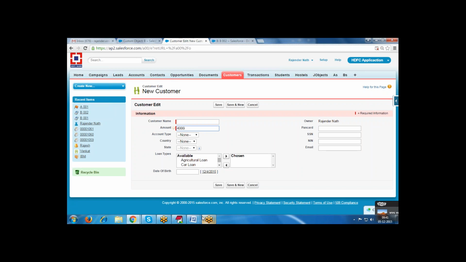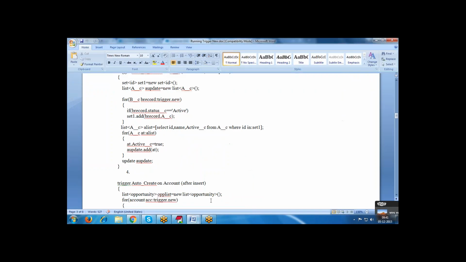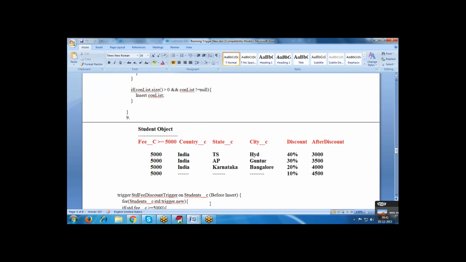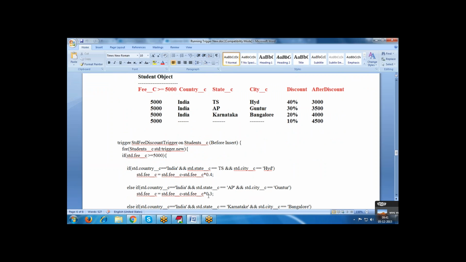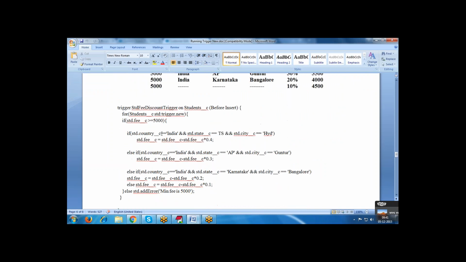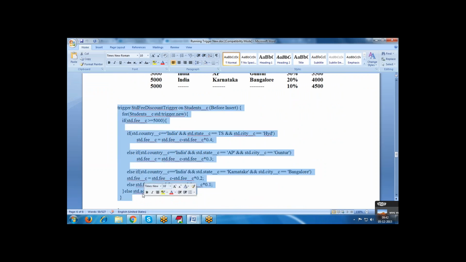Discount process is completed. Yes, Rajendra. Okay, give me 2 minutes. Is it completed for you, Sinduri? I think yes, in the first classes you did it. Did you create any trigger for this? No, we did not create a trigger, but I think we did it just by using formulas.